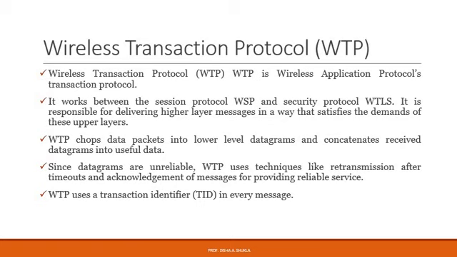The next point is error handling. During a transaction, if a fatal error occurs, the transaction is aborted and the WTP user is informed with the proper abort reason. The next feature is segmentation and reassembly. When the message length is going to exceed the maximum transfer unit of the current bearer, the message will be split by the wireless transaction protocol into several packets. There is an optional feature. If the segmentation and the reassembly is not implemented in WTP, then the higher layer in the stack will take care of this operation. And the last feature is abort transaction.